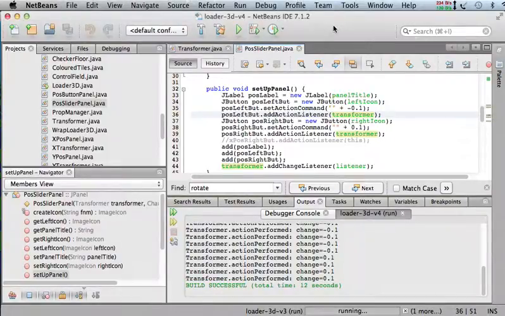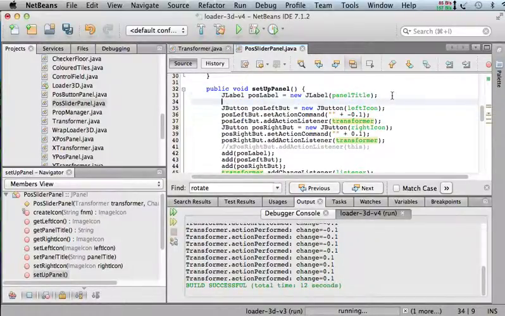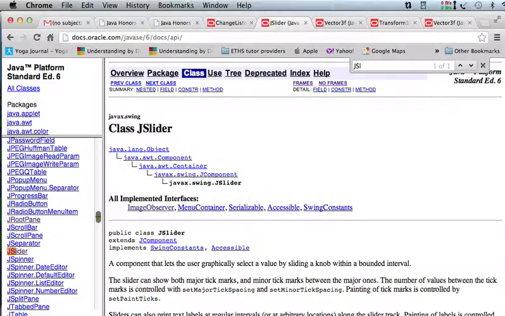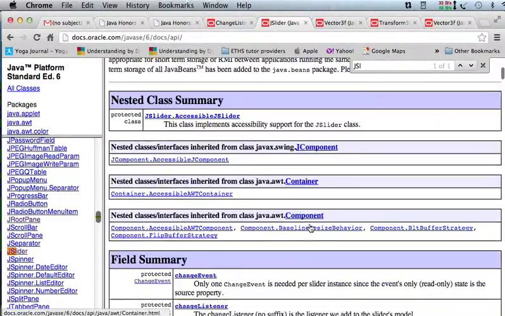Okay, so we are now ready to replace the J button with the J slider. So let's do the JSlider: pause slider equals new JSlider. What do we want to give for parameters to this guy? Let's take a look. So for JSlider,